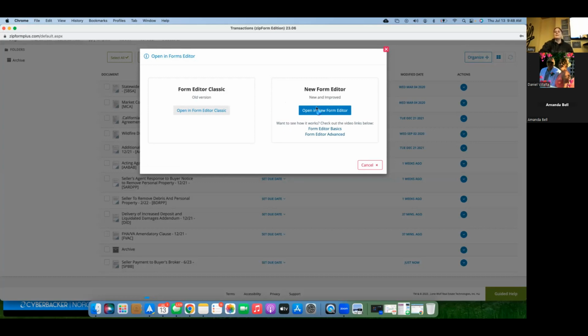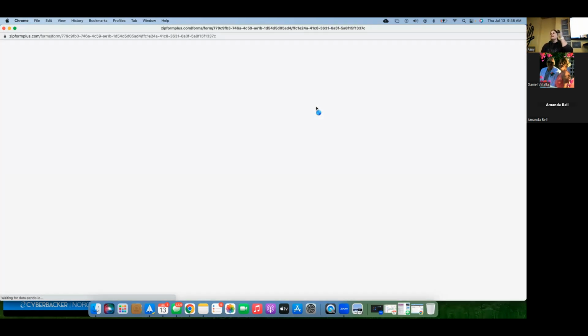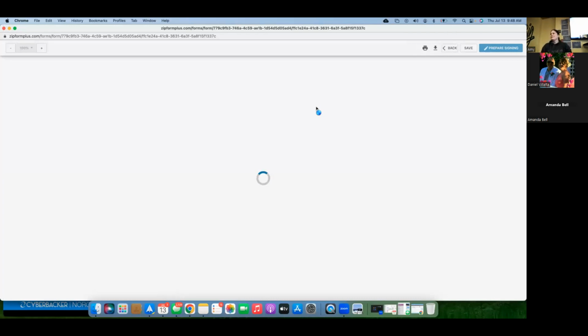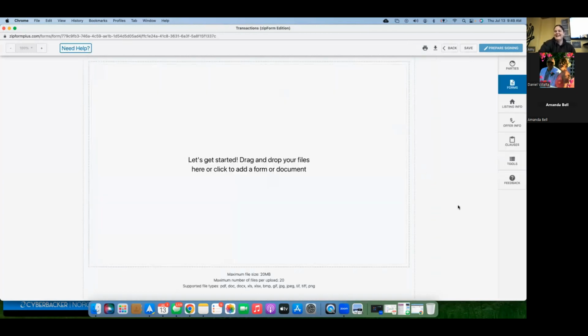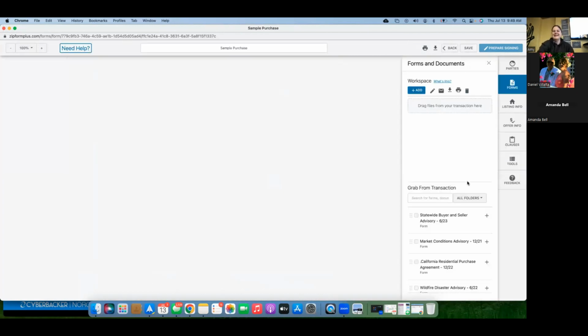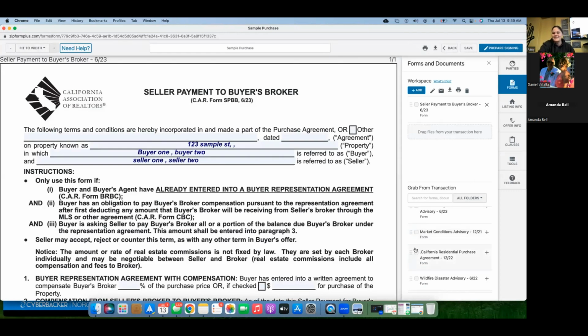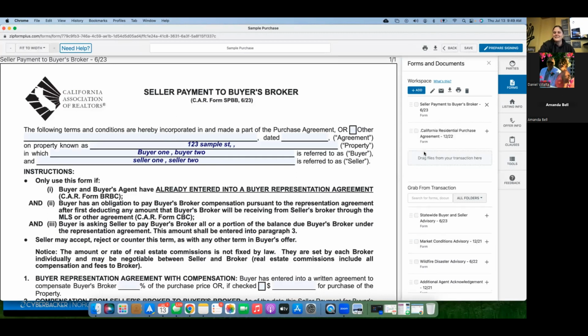Okay, without that BRBC form, it even states on the residential purchase agreement that without that BRBC, you can't check that box. So there's a box that gets checked. Yep, there's a box on the RPA. So let's pull the residential purchase agreement into this, and I'll show you that box. And then